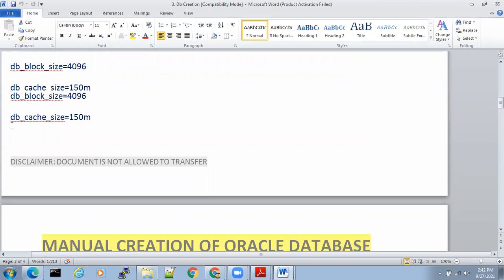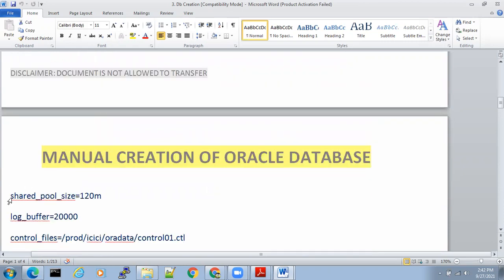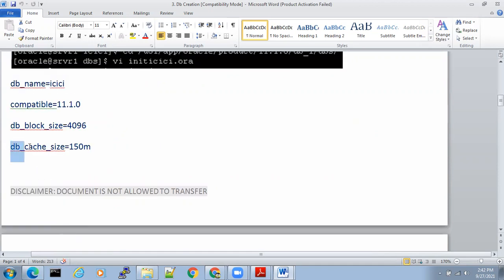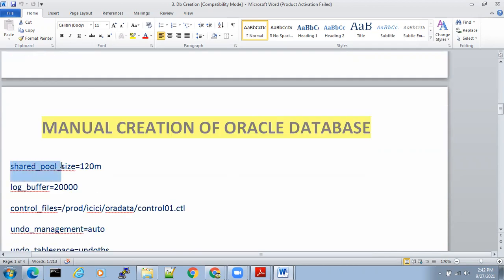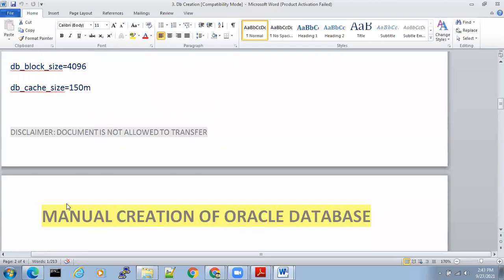You people have given these parameters at the time of database creation. We have given db_cache_size equal to 150 MB. We have given shared_pool_size equal to 120 MB. We have given log_buffer equal to 20,000 or 200 MB.